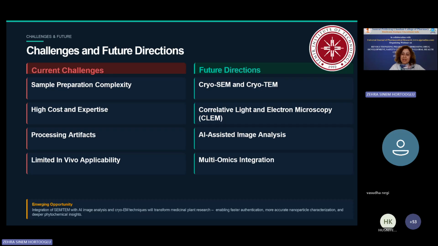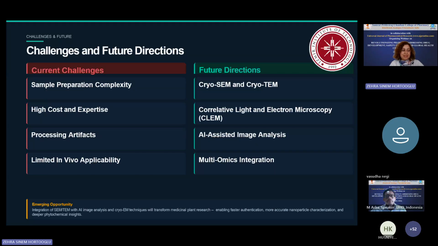Correlative light and electron microscopy combines fluorescence localization with electron microscopy ultrastructure and enables precise mapping of fluorescently labeled phytochemical materials. AI-assisted image analysis, we think, with deep learning for automated trichome counting, particle sizing, and feature extraction,